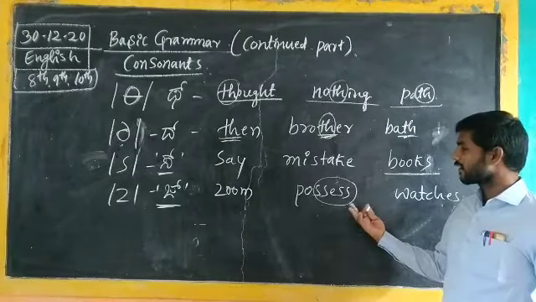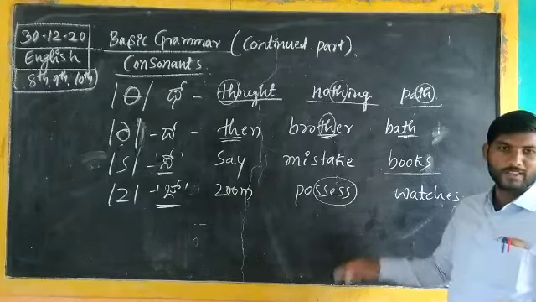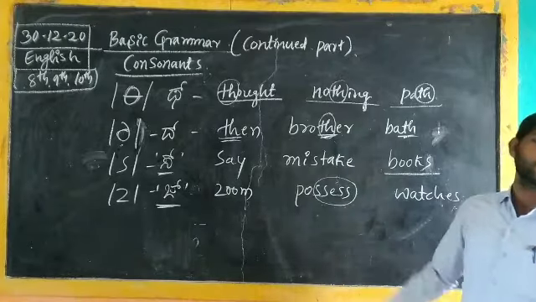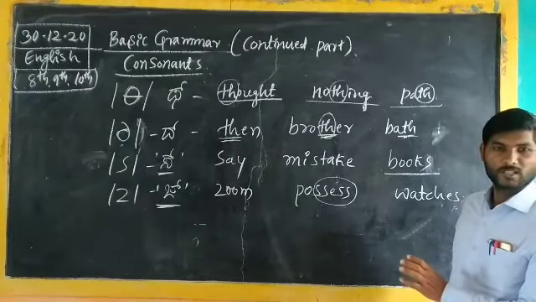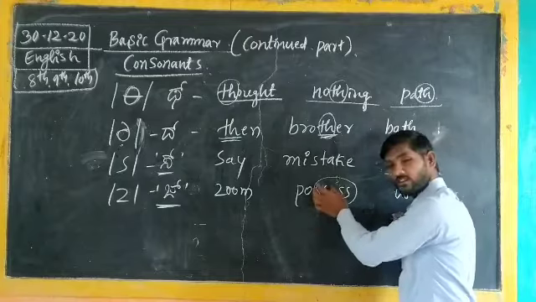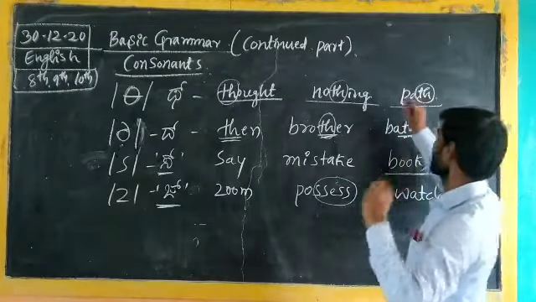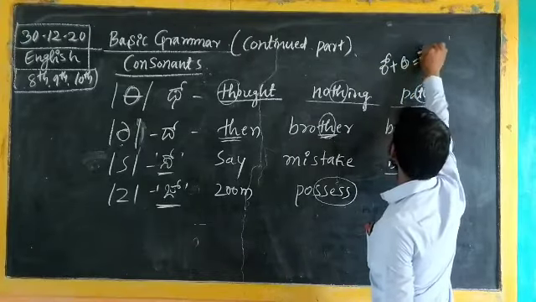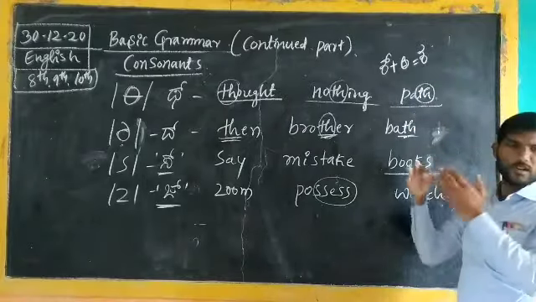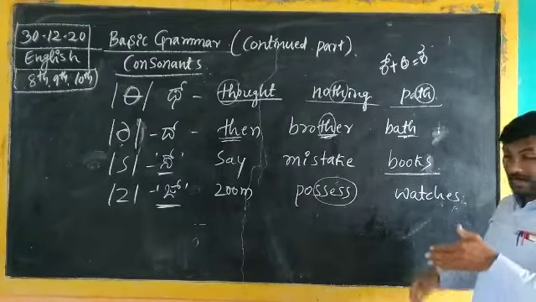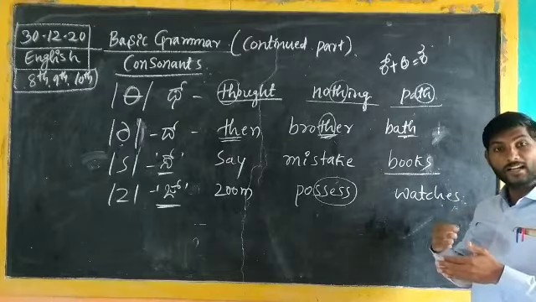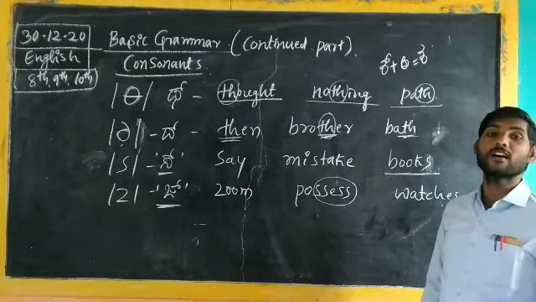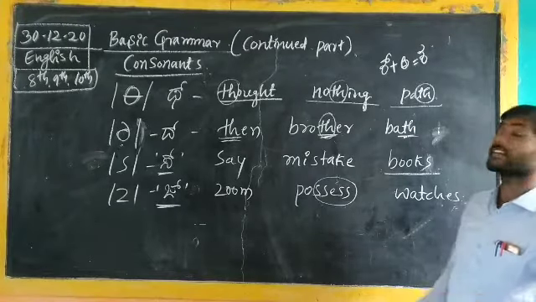Some of the students, while we are writing this word on the board, easily pronounce it as "possess", that is not "possess", it is "pauses". But for these letters there is a simple trick. In the Kannada language, k plus a equals ka. K is the original letter, but hiding in that original letter there is an a. Just practice the pronunciation there: k plus a.